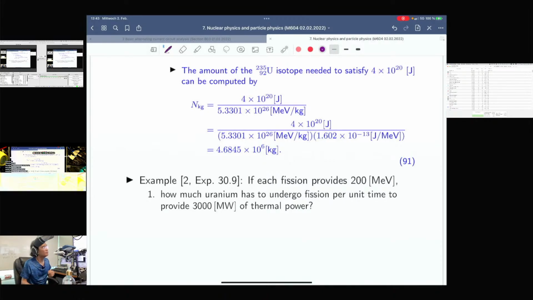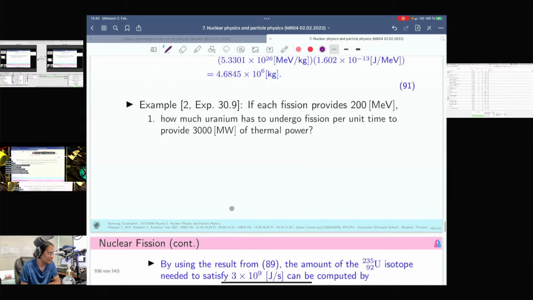Okay, let's go further. This one is a little bit more complicated than the previous example, because it's the rate of energy per time, right? It's the rate of energy, and if you want to supply 3,000 megawatts of thermal power, how much uranium do you have to make undergo the fission process per time? Okay,